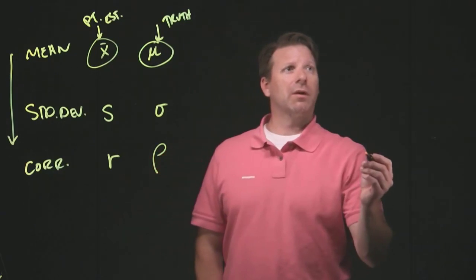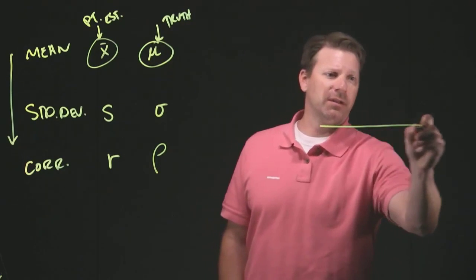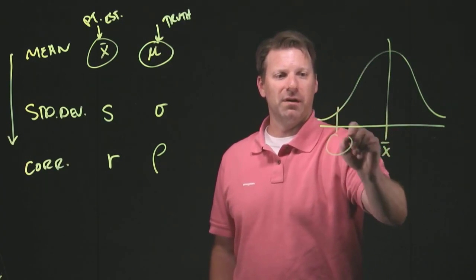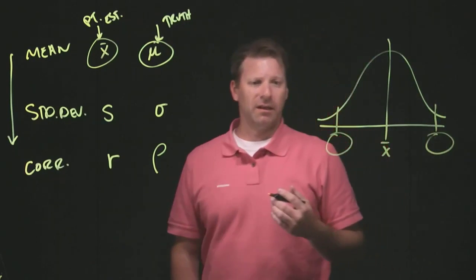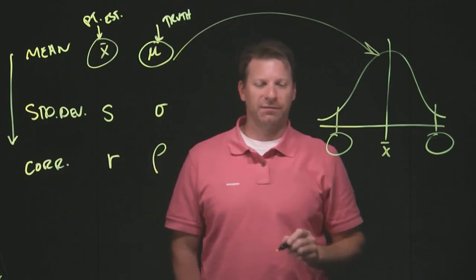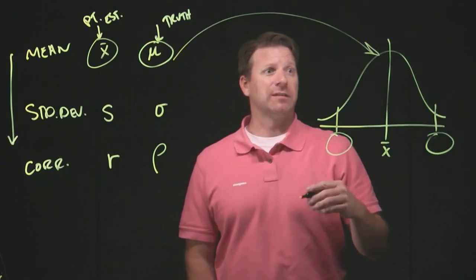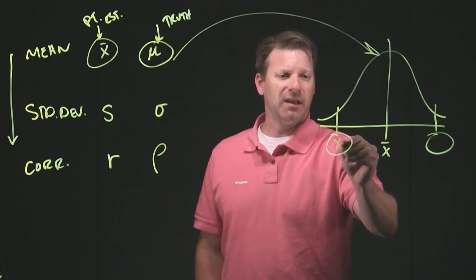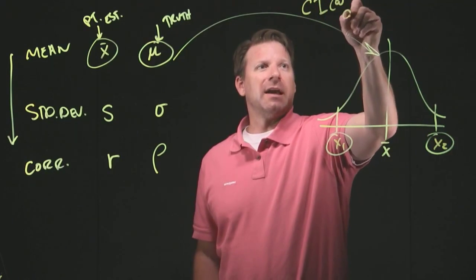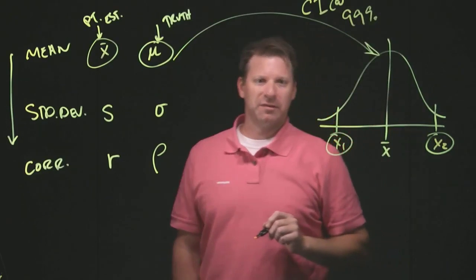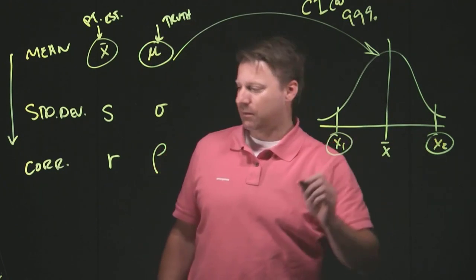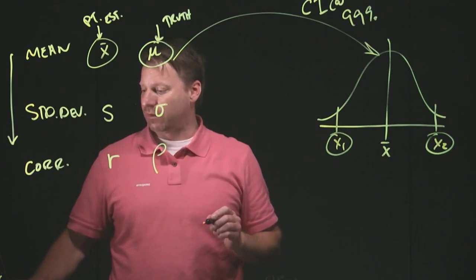Now, where we're going to start off is we're going to look at a familiar distribution to us. We're going to look at a z distribution. And we're going to say around this sample value, we are going to calculate an interval in which the truth is likely to occur. Where is this value? Well, we may not be able to find it specifically, but we can find the areas where it's highly probable to appear. So we can say, for example, we want our confidence interval to be 99%. In this case, we would say we're going to be 99% sure that we're going to find two values, two numbers, in which the truth is likely to occur.